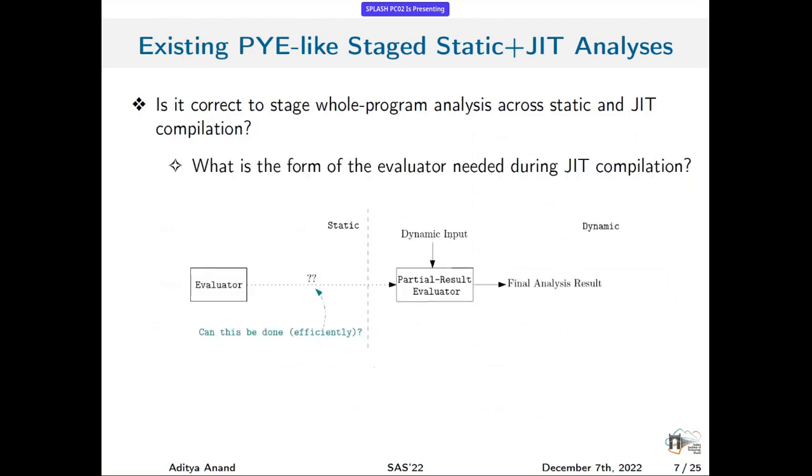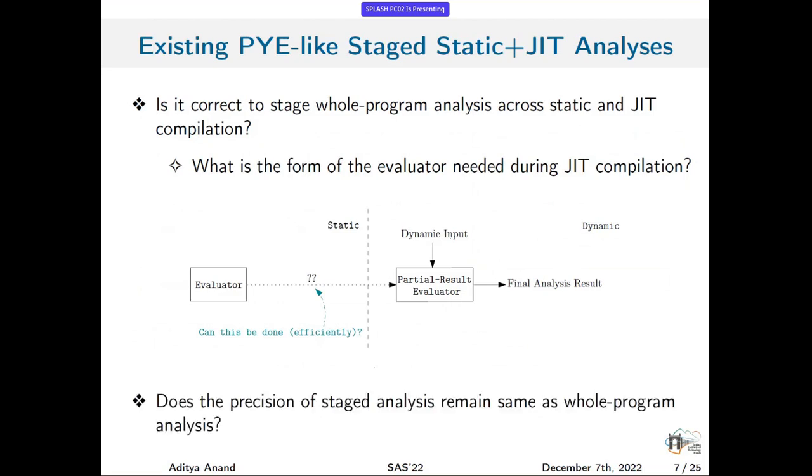When we generate partial results, we need an evaluator also, no? So what kind of evaluator do we need at runtime to evaluate those partial results? Can those be generated statically only and efficiently as well? Does the precision of staged analysis remain the same as the whole program analysis? What about its efficiency? These are some questions which need to be answered if we are performing staged static